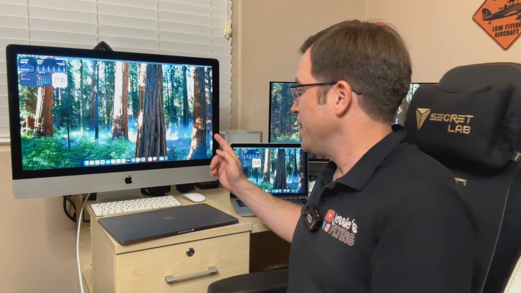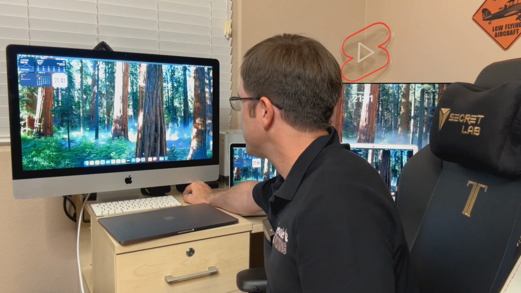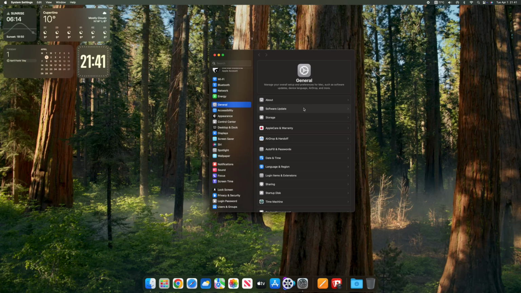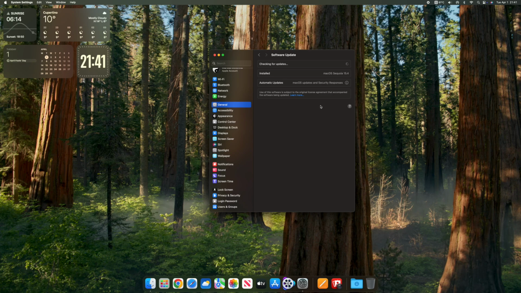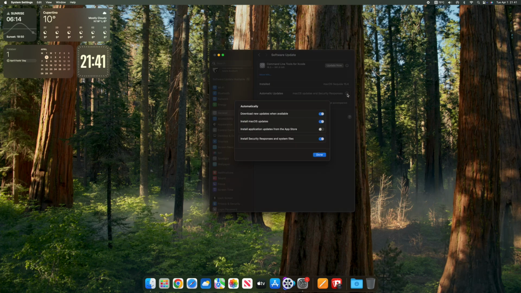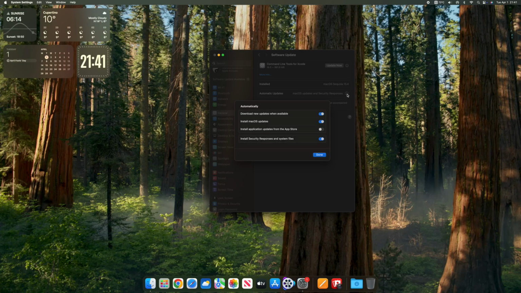So make sure that you go into the system settings, General, Software Update, and here you can see macOS Sequoia 15.4, and it has automatically switched on macOS updates and security responses. That was all switched off before the update, because I switch it off on all my unsupported Macs. And so make sure you can download the updates if you want to when they are available, but you have to switch off macOS